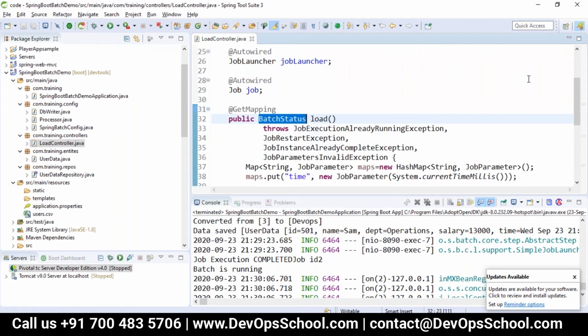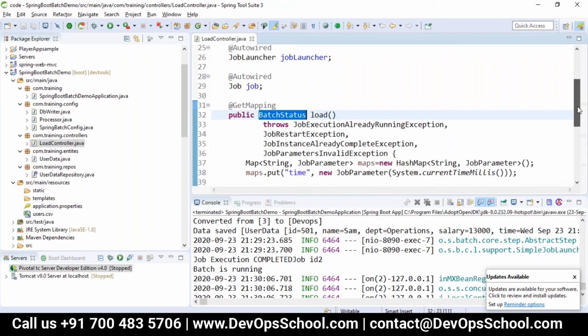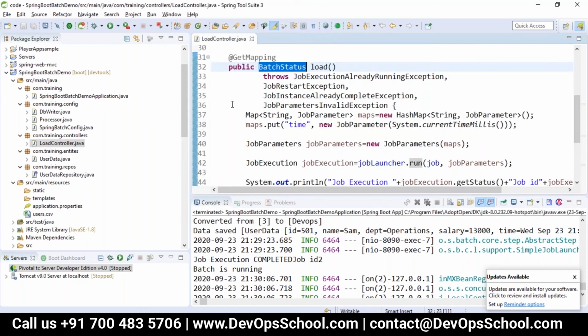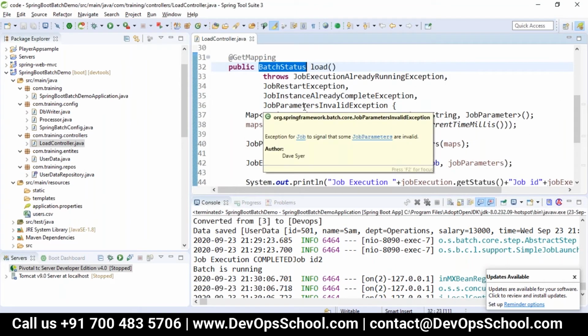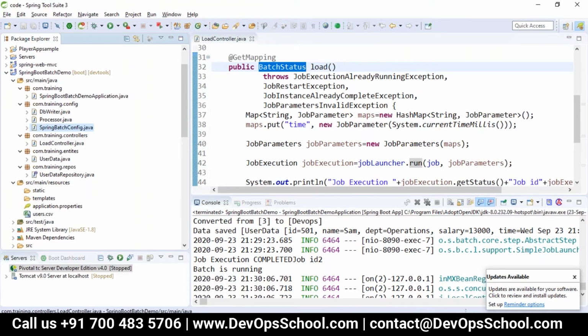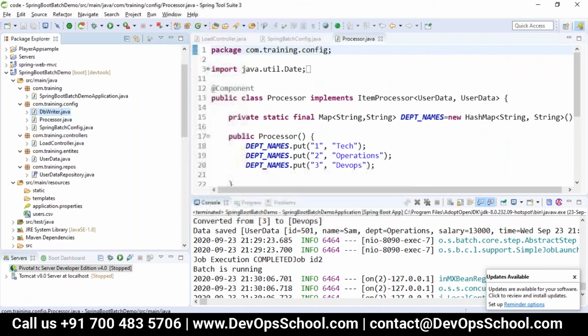For the batch status, we are throwing some exceptions, which are job execution already running, job restart, job instance already complete, and job parameters invalid exception. All these three exceptions we have configured here.